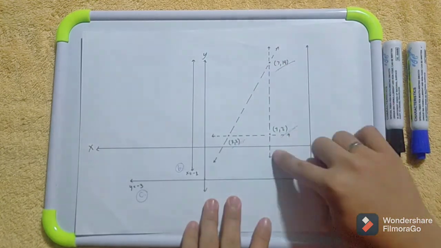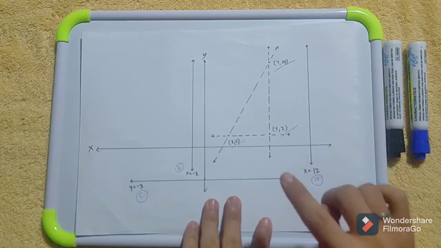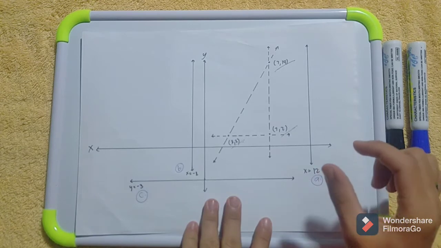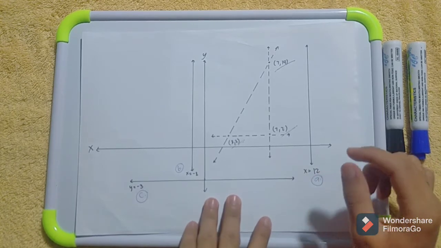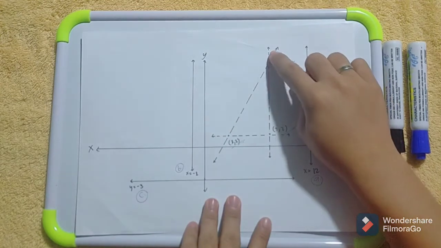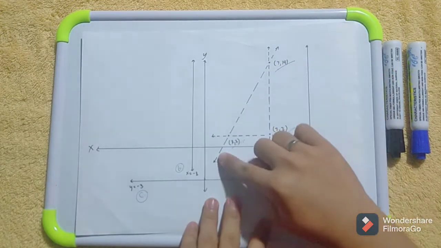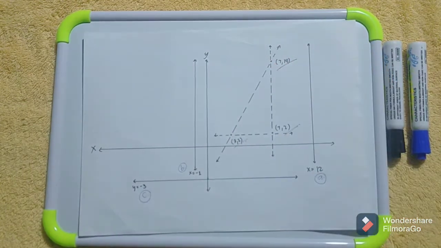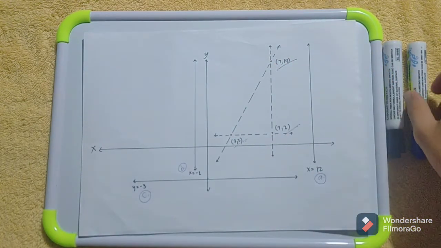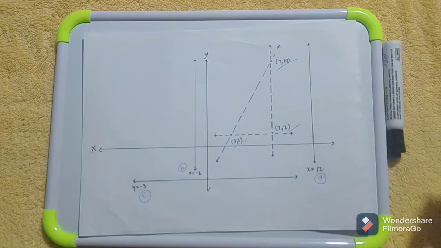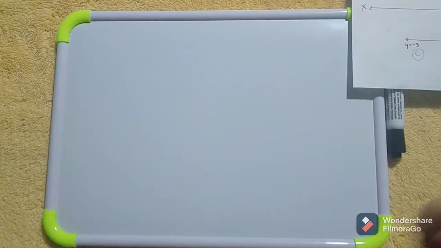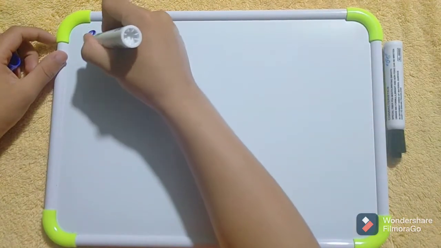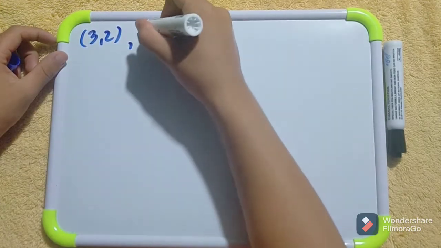So, kung mapapansin natin dito, ang problem na lang natin para ma-integrate natin siya, para ma-solve na natin yung volume, is kunin natin itong line na to. So, paano ba kunin tong line na to? Given yung dalawang points kung saan nag-intersect yung line, kaya ang gagamitin natin na formula is yung two-point slope form. So, given yung dalawang points na (3, 2) at saka (7, 14),